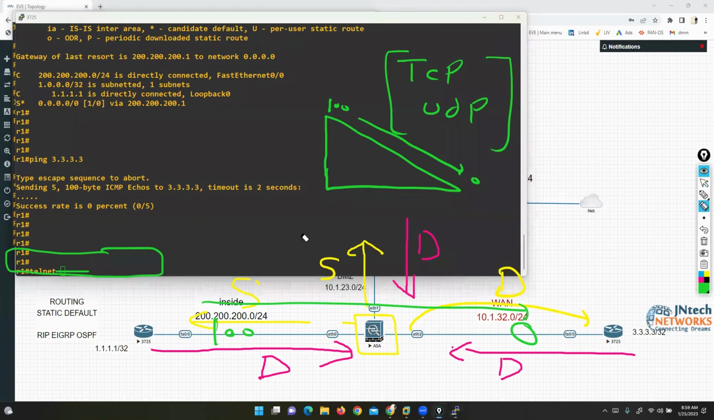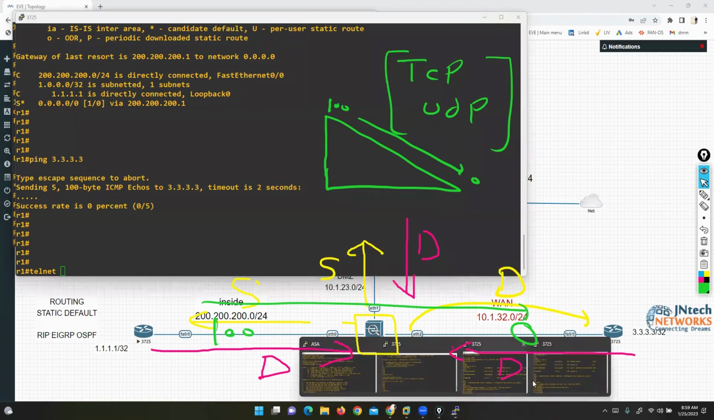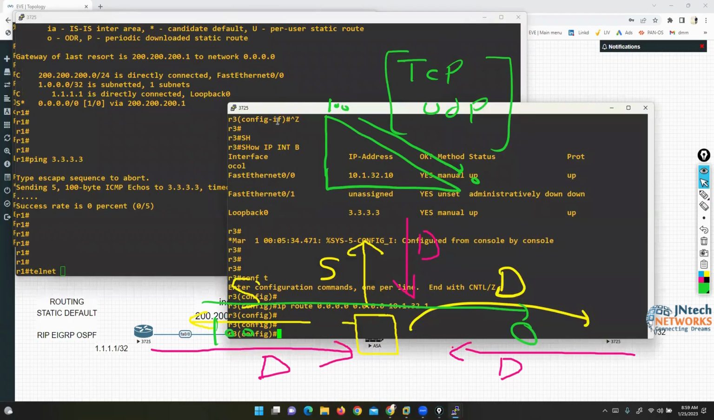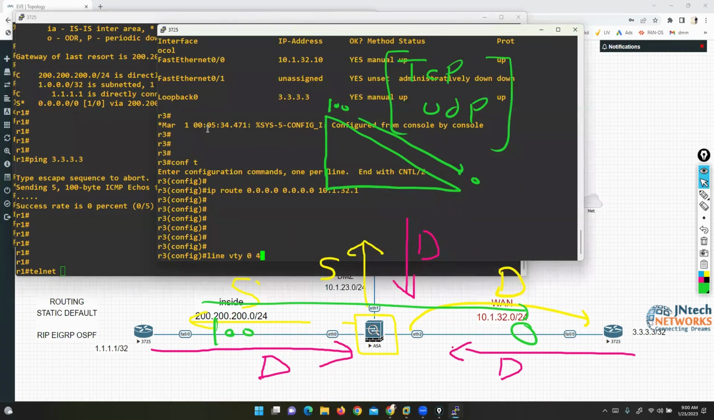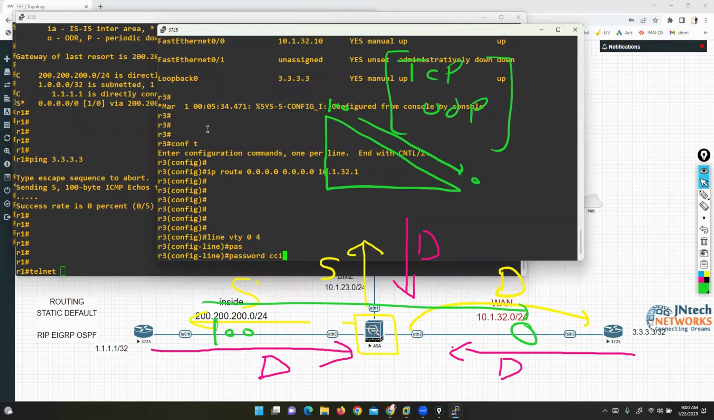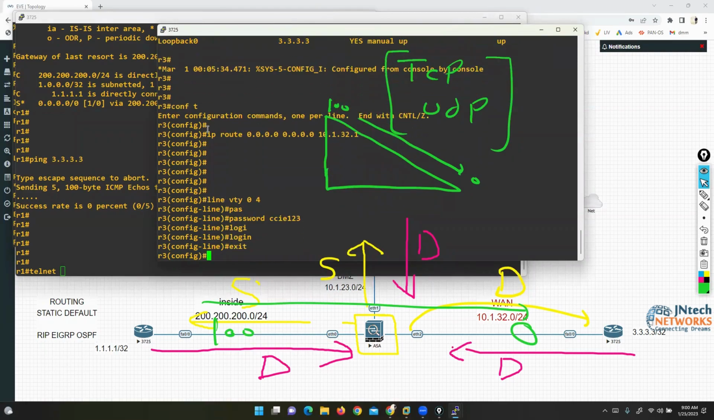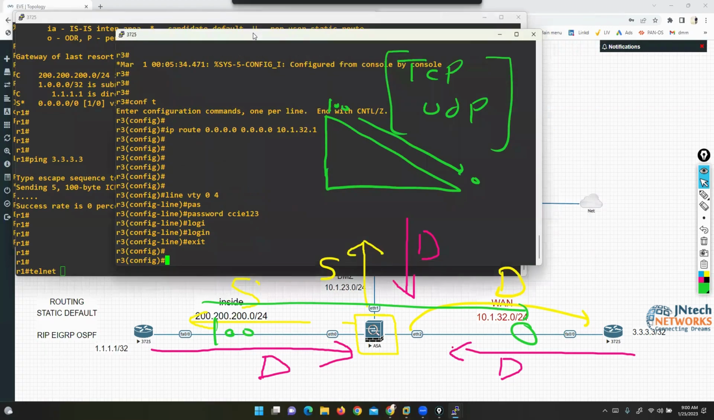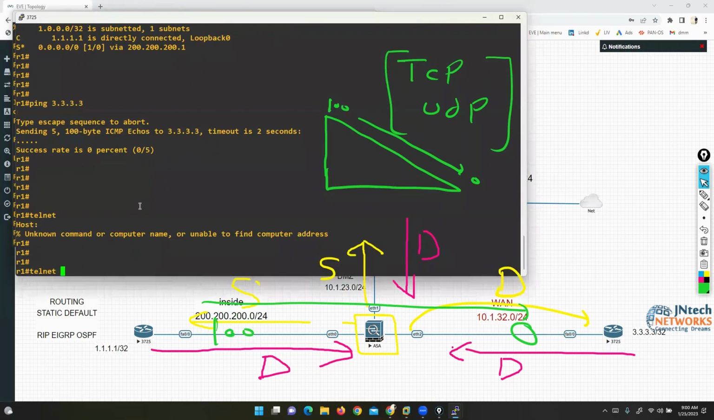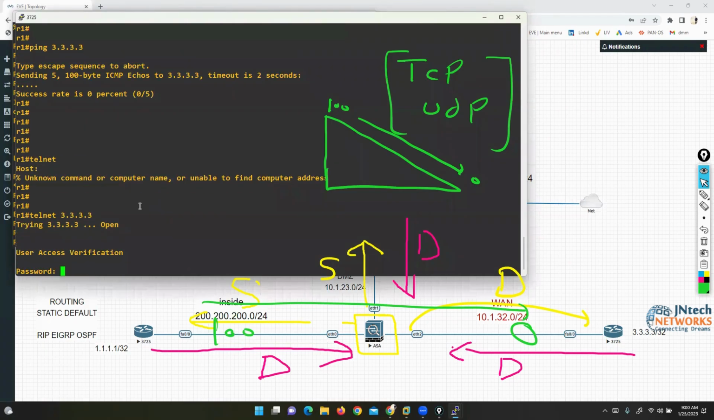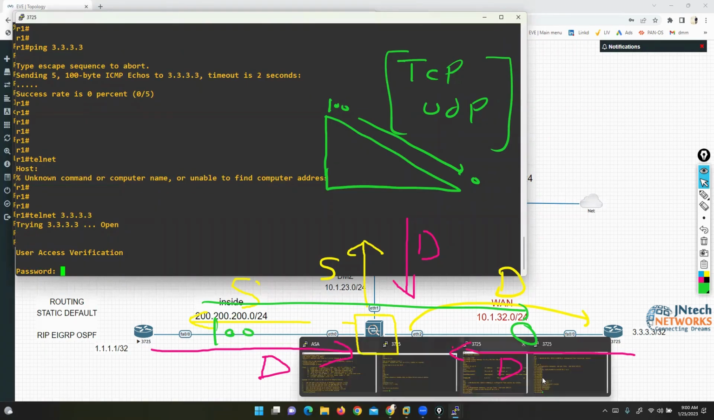TCP, right? So now I'm trying to initiate telnet traffic. Let's configure telnet here on the R3 router. Now let's go on to this inside router. Telnet 200.3.3.3. Password is what? Password is